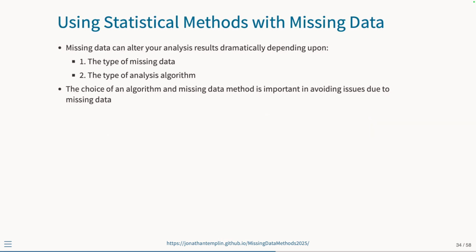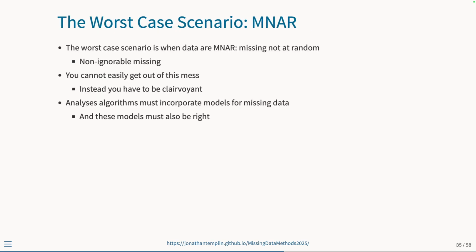All right. So missing data can alter your analysis results. We just talked about that. It depends on the type of missing data, which you'll never know, and the analysis algorithm, how you deal with the missing data, which you have control over, right? So the choice of algorithm or missing data method is important in how you model the data. So the worst case scenario we just ended with,